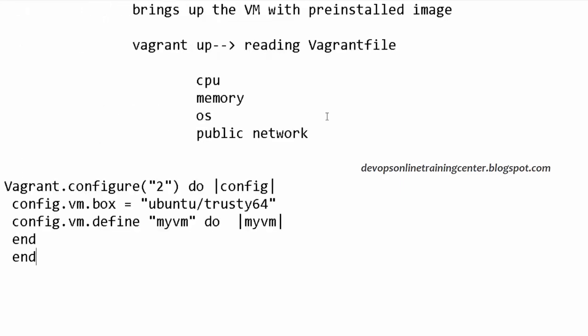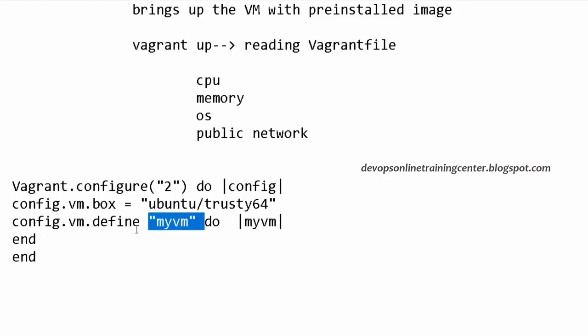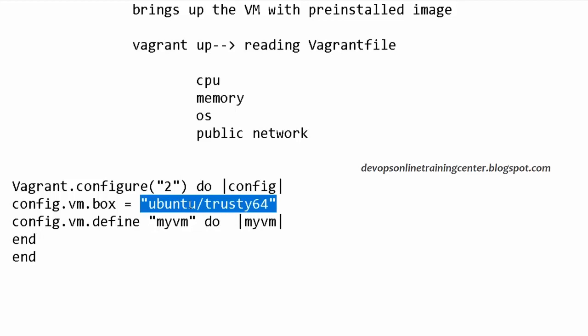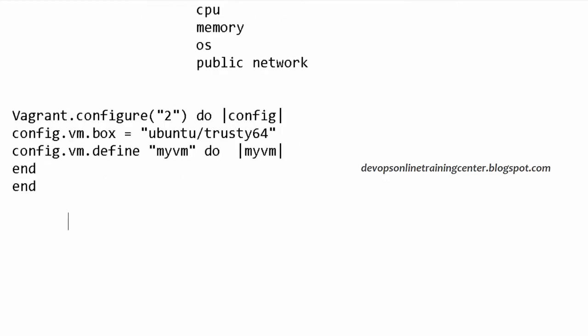So this is a typical Vagrantfile. When you say vagrant init, a Vagrantfile is created, but that has a lot of things which are commented out, so they are not required. These are the primary things which are required, right? Here, vm.define is the hostname of the VM. When you say vm.define, a VM will be created with this name, and the operating system is Ubuntu Trusty 64, so some Ubuntu version. Ubuntu Xenial 64 is 16.04, right? In the same way, I think Trusty is some other version, 14.04 or something.